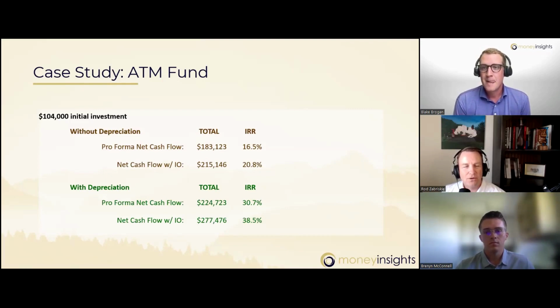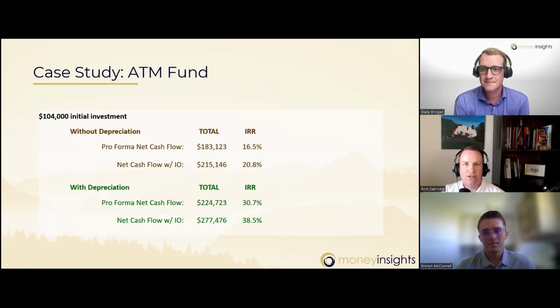And if I can just jump in real quickly, I love this screen because it takes that 16.5%. The investment itself is pretty cool, right? You put some money in, you get this cash flow back out. In this case, it's over the course of 7 years. 16.5% isn't bad, especially right now, right? But then by utilizing